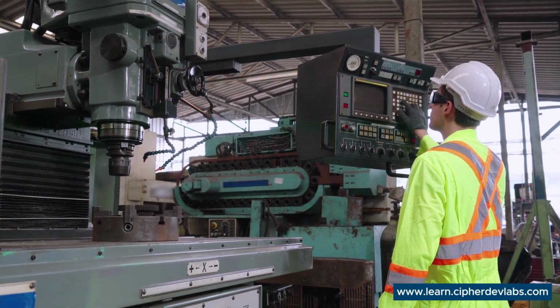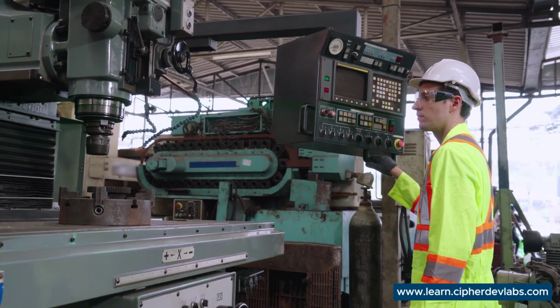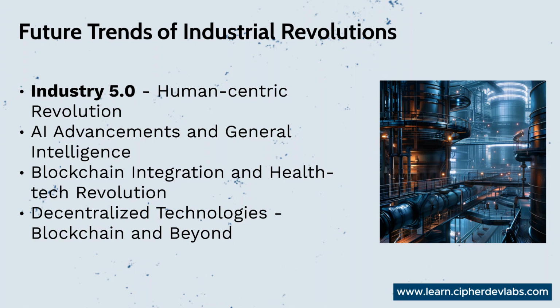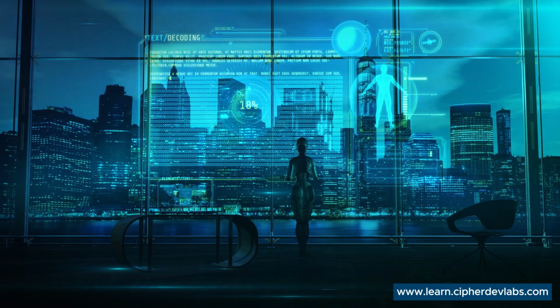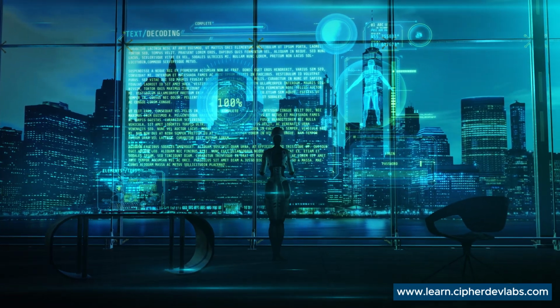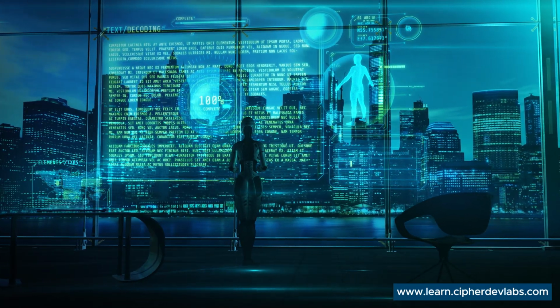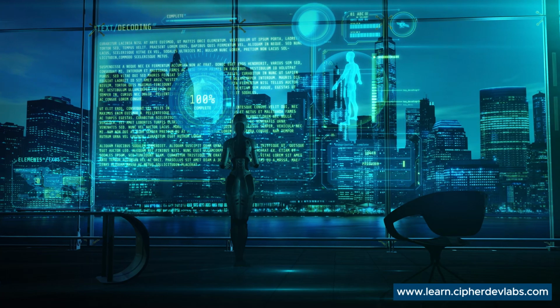So, what are the key aspects of Industry 5.0? First, we have the collaboration between humans and machines. Industry 5.0 prioritizes the collaboration between man and machine, or man and smart systems. So, this involves humans working alongside robots and artificial intelligence, leveraging these tools to enhance creativity, decision making, and craftsmanship. Then, personalization and customization.